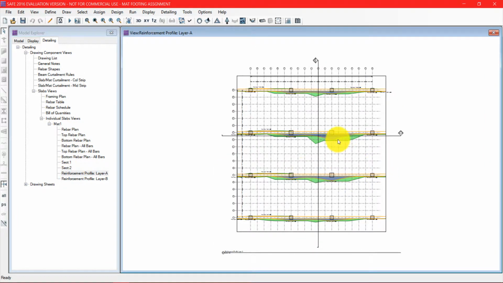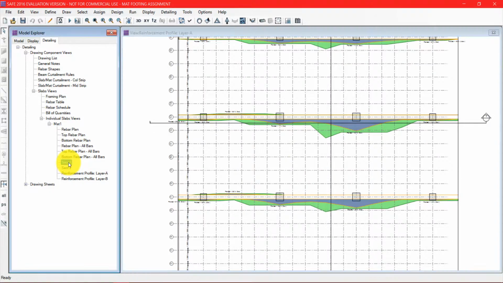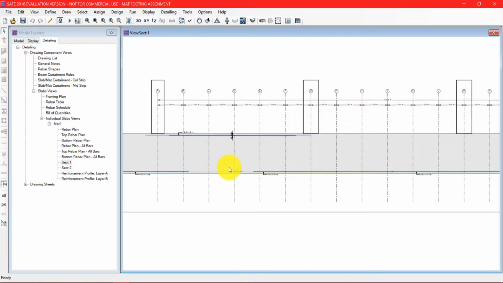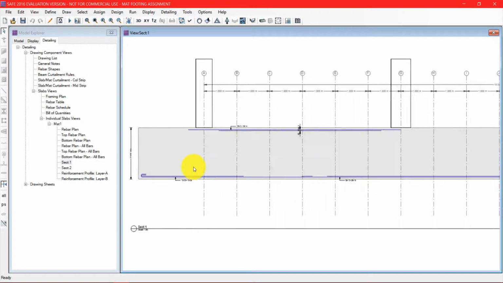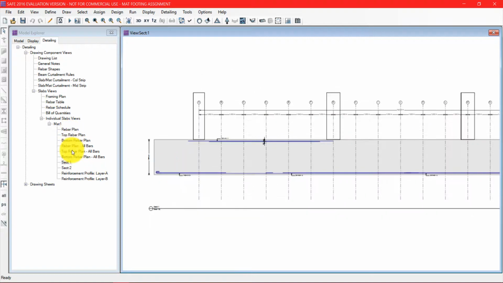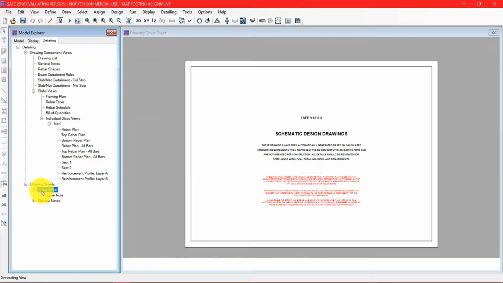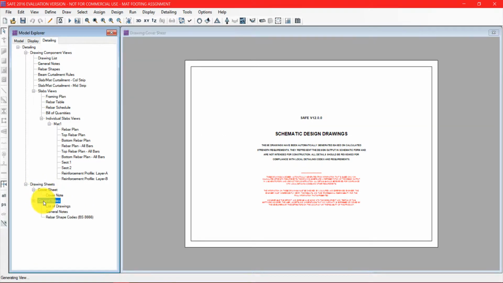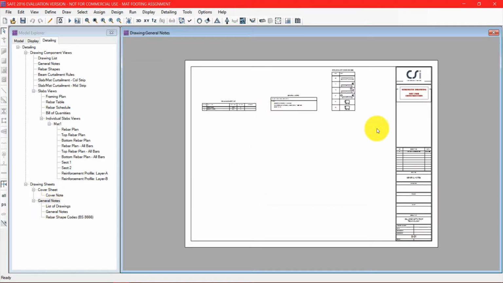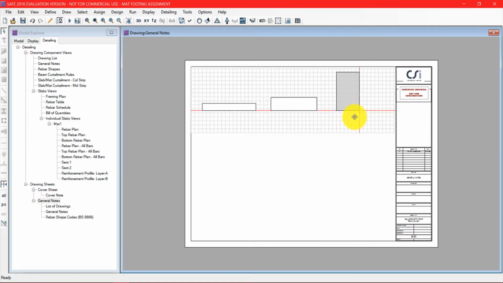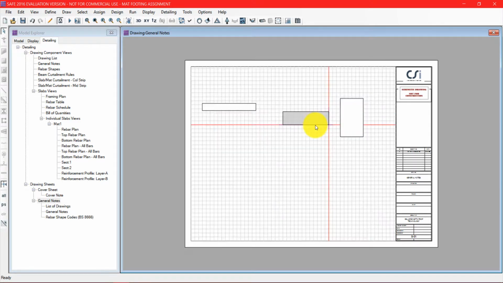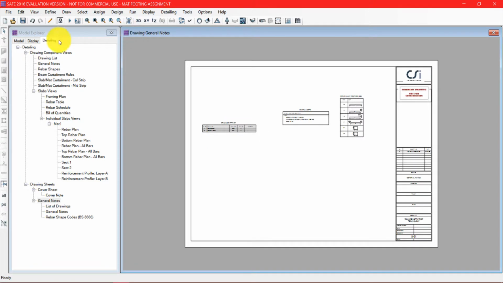We can have the profile view, the section view. The section view is also shown for 2 sections, which were earlier displayed in the plan view. The drawing sheets and the cover and all the details are displayed here. We can move these designs according to our wish. So once the detailing is done, we can see the cracks that will be there in the model.